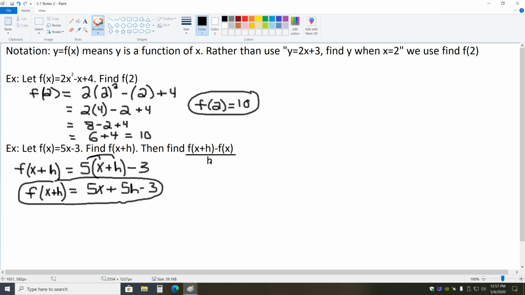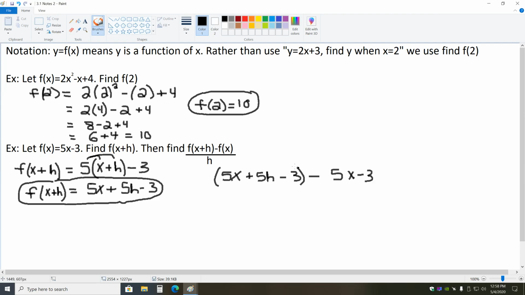Okay, so trying this together, notice we need f of x plus h, but we've already found it. That's one very nice thing about function notation. Once you evaluate it, you don't need to do it again. So we can just take what we found for f of x plus h and plug it in immediately. So f of x plus h is just 5x plus 5h minus 3, and we're subtracting f of x, which we already know is 5x minus 3,